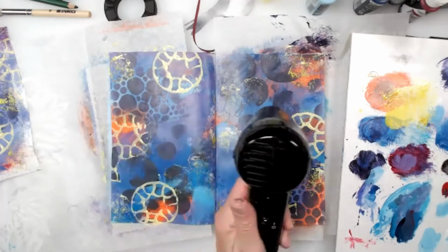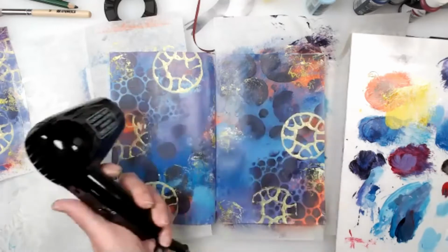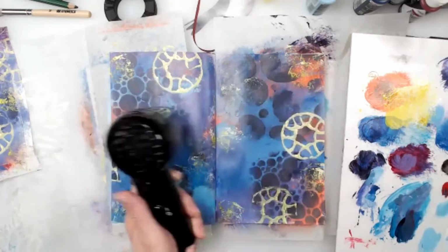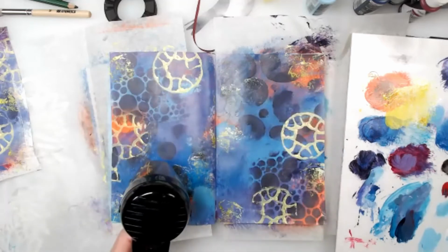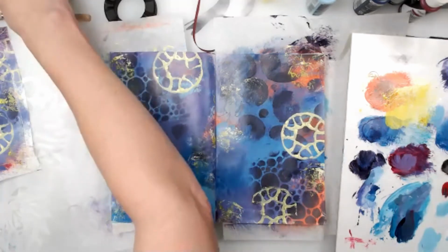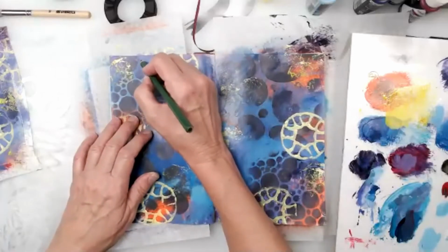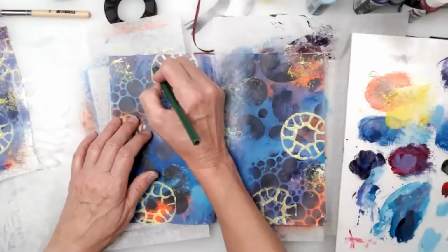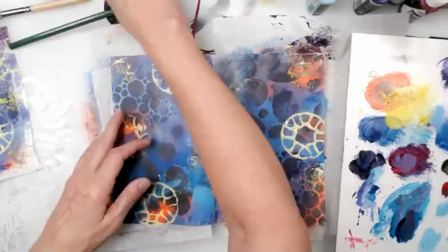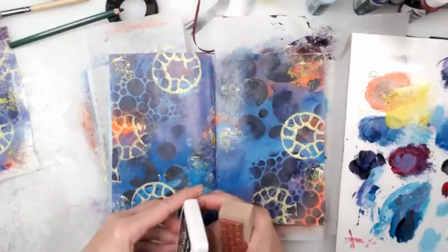But let's do some more writing or stamping or something. Or if you have stamps that have details, like line drawings, anything like that. So I'm going to just hit this a little bit, and now I'm going to do some mark making again. So let's see if this one will. And this one I can just do little X's. You can make little designs. Yeah, that one seems to work. You can make little words, or if you wanted to take a stamp pad, I've got this